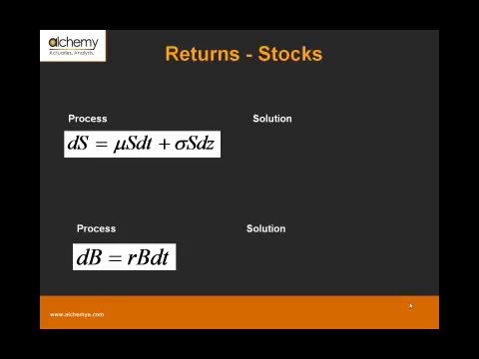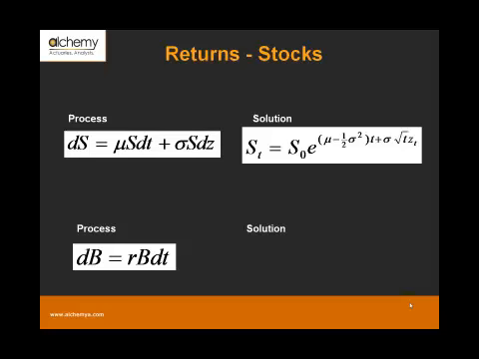Now, if you look at the impact of this from a solution point of view, the solution is a little more complicated. However, if I were to draw parallels, I'd say, okay, I have S naught, I have B naught, that's fine. I have the exponential here. The only thing that's different in the first term is mu minus half sigma squared. And in the solution for the bond, I have R. So where does mu minus half sigma squared come from? What we're really saying is that when you add uncertainty, when you add the element of sigma,